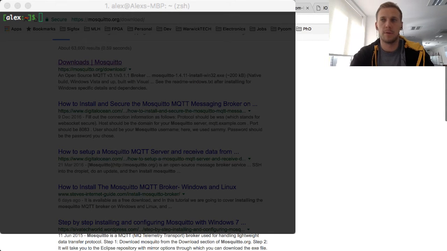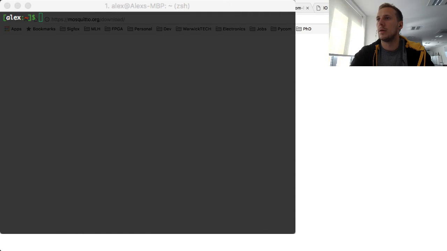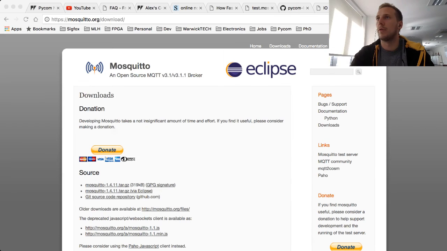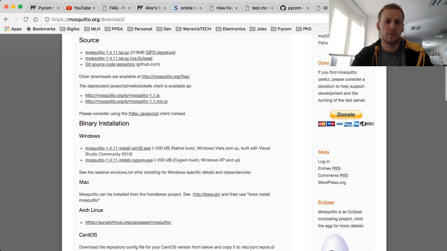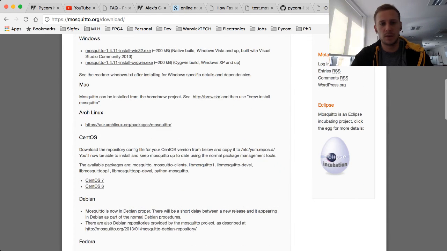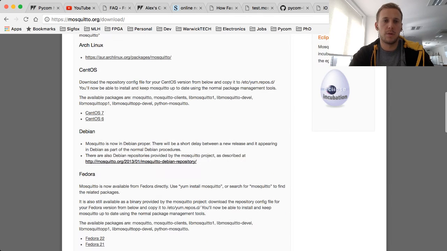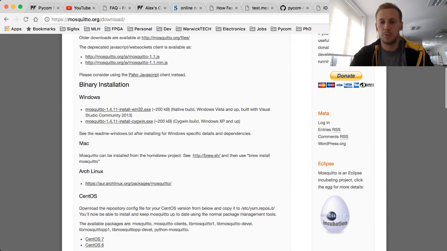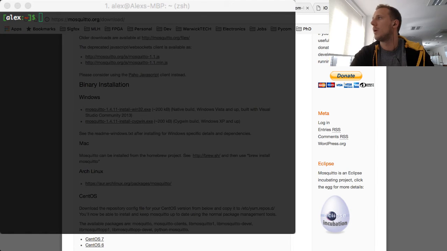Downloads, mosquitto.org/downloads is where you can grab it from. Let me get that up quickly. Let's bring Chrome to the front. So you can install it from mosquitto.org/downloads. There's the Windows version, the Mac version, and Linux versions for different variants of Linux: CentOS, Debian, Fedora. Whatever you need is here. I'm going to show you quickly how to do it with Brew on a Mac, which is my preferred operating system. So you can type brew install